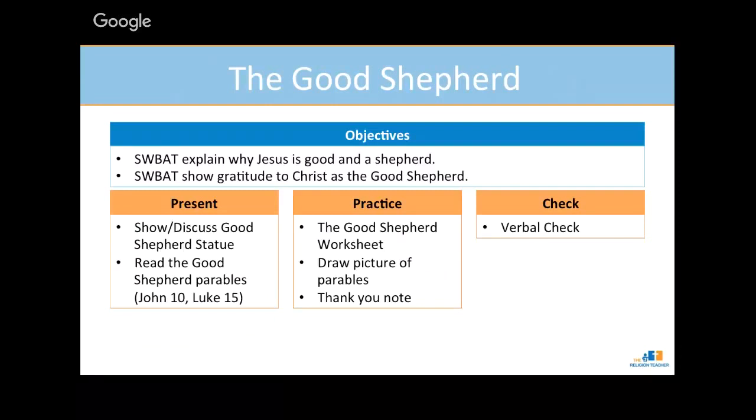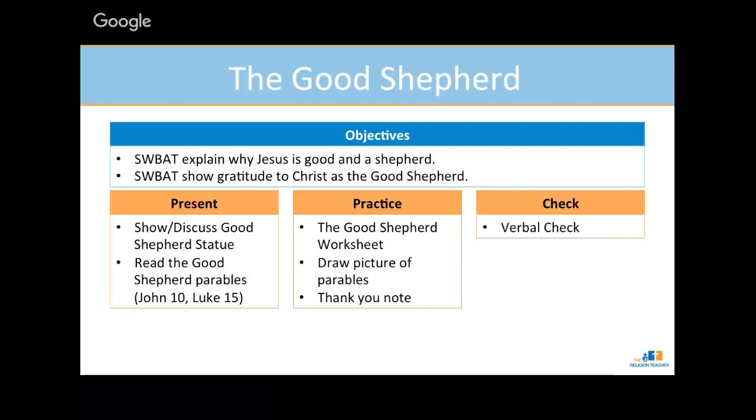Make them one yourself to summarize the main ideas that you wanted to say. The religion teacher has a worksheet on the Good Shepherd as well. You can draw pictures of the parables. So read the parables of the Good Shepherd and then draw pictures of them. And then maybe even a thank you note to Jesus for being the Good Shepherd, and then finally maybe a verbal check as well. Do a quick little verbal check on